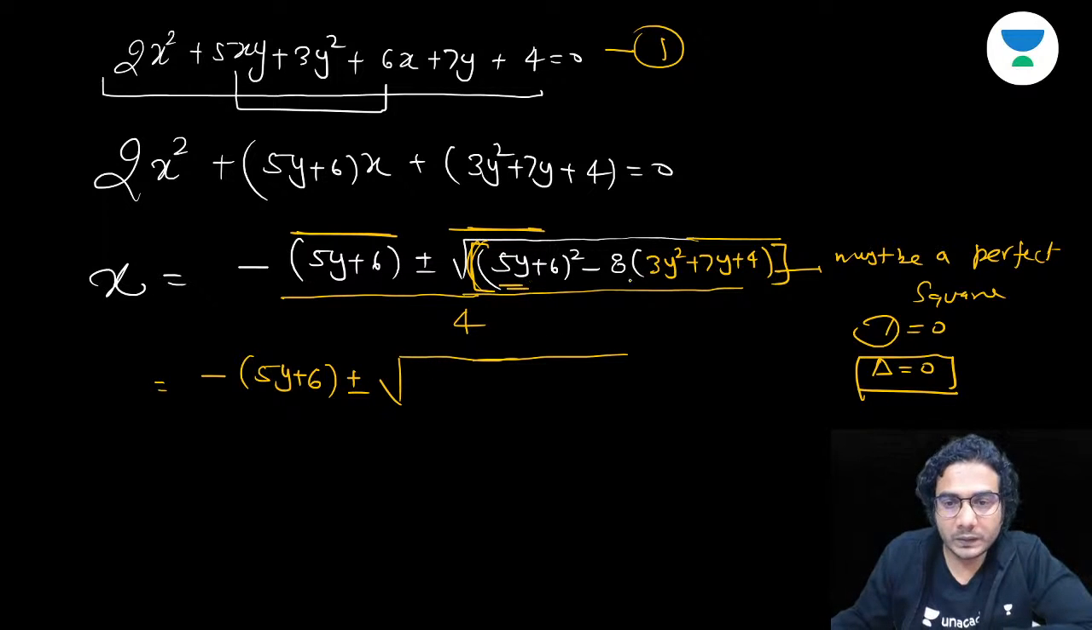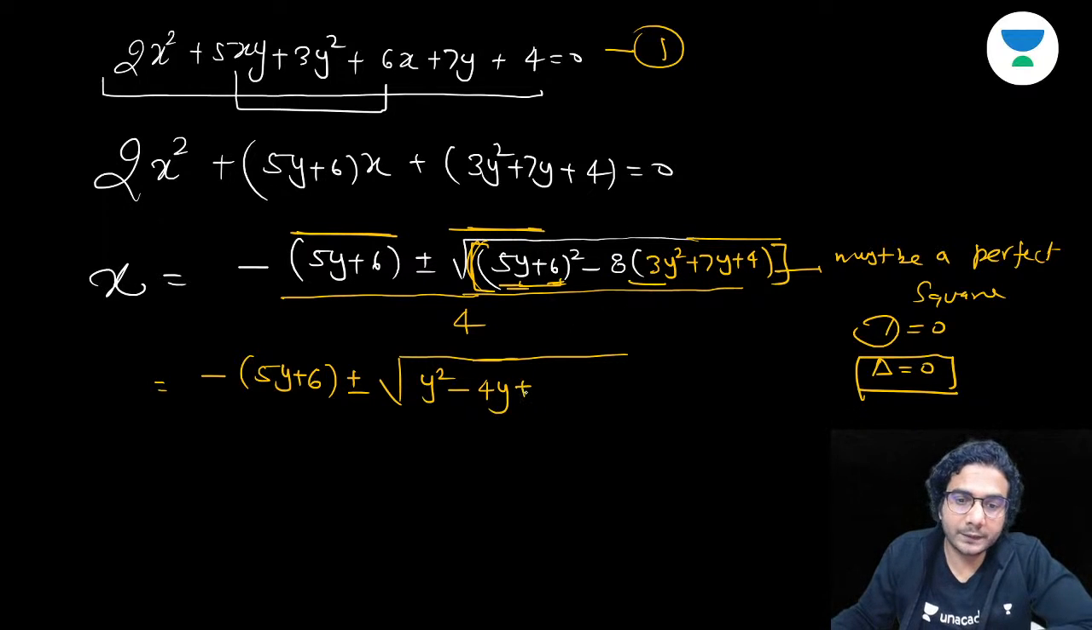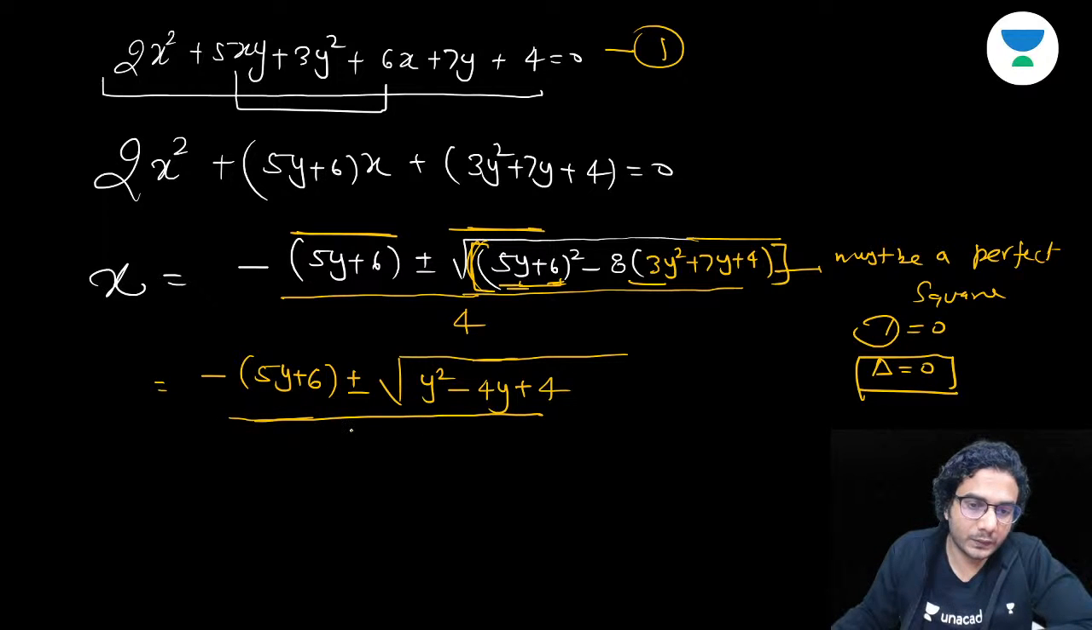This is 25y square. This is minus 24y square. So it will be y square. Now it is 5 into 2 into y, so 60y, and it is 56, so minus 4y. Then it is 36, and it is 32, so plus 4. Can you see this? It's a perfect square. Simple perfect square. Now it is minus of 5x plus 6 plus minus of y minus 2 will come out,